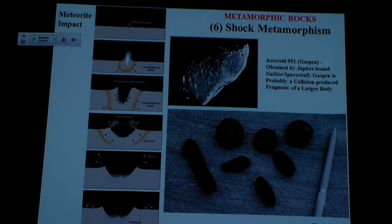In shock metamorphism, nothing like a good old asteroid. When we see an asteroid hit, one of the ways we can tell that it was an asteroid, besides looking for the obvious crater, oftentimes, believe it or not, we don't see the crater because erosion and weathering have kind of done their job on it, and it's weathered the peaks and the rim,